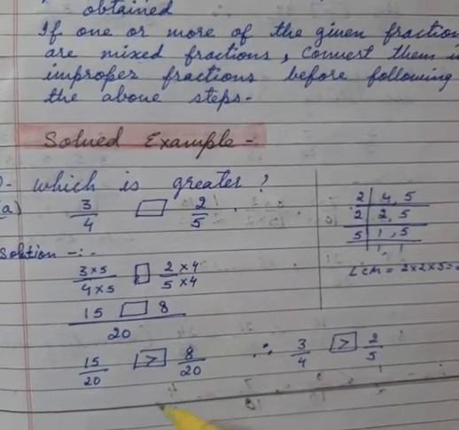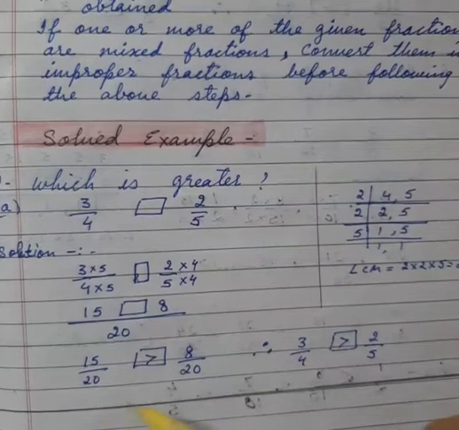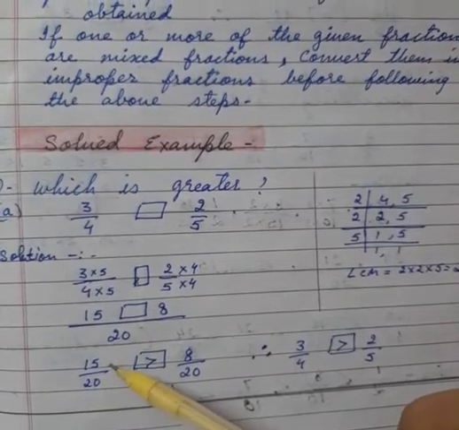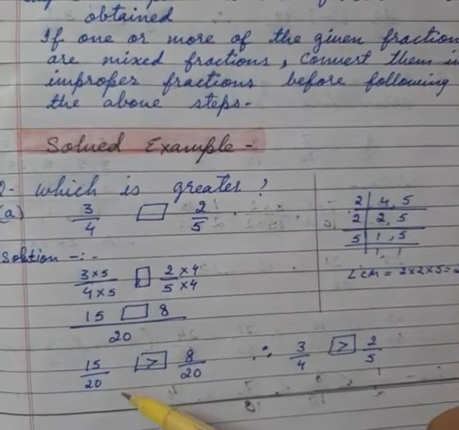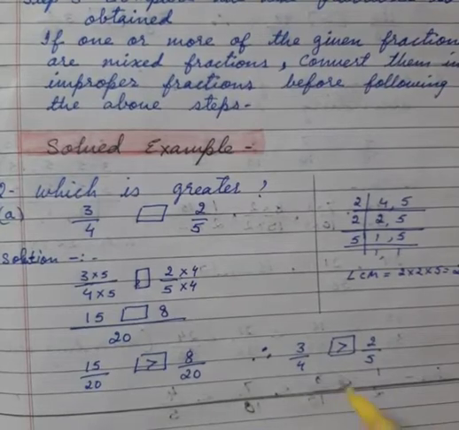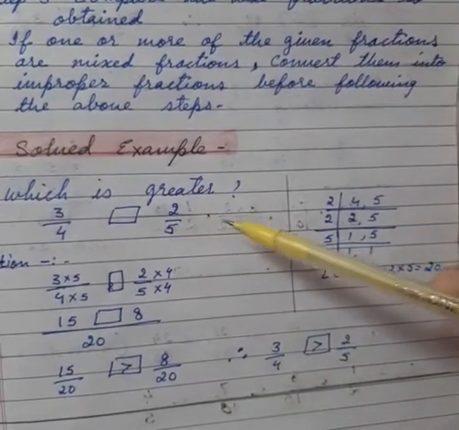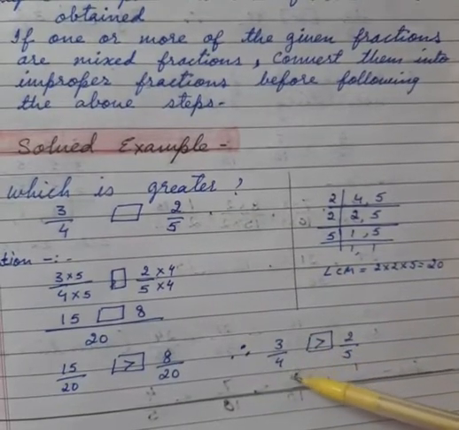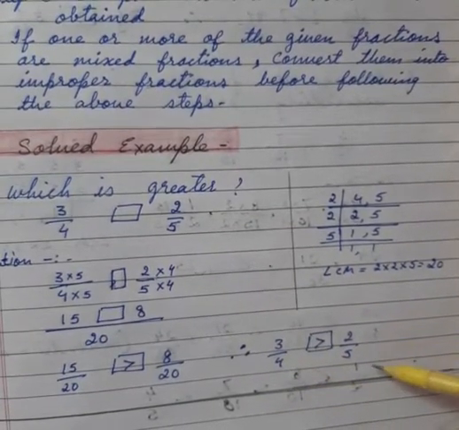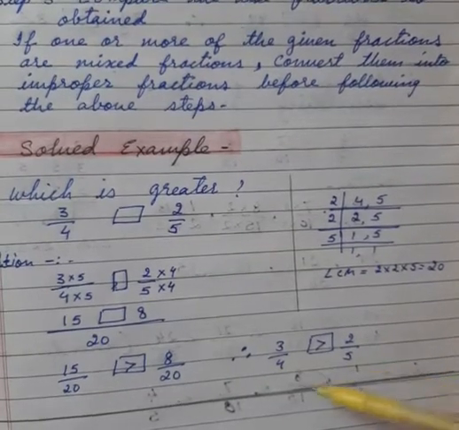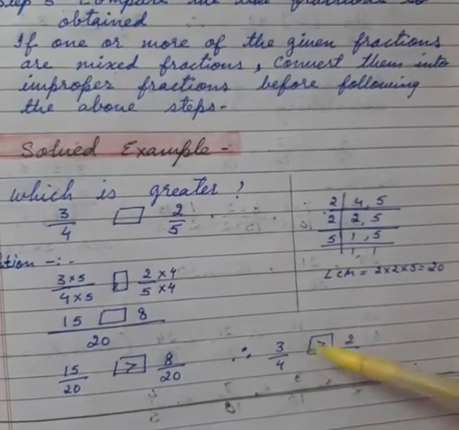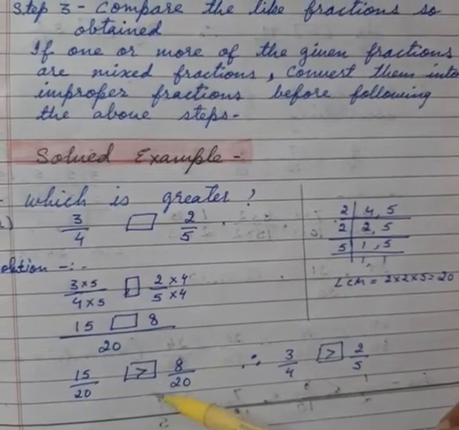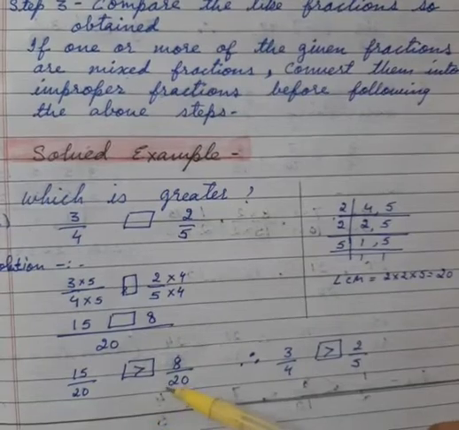Now it will be easy for us to compare because now both the denominators are the same. So we find that the larger numerator will be the larger fraction. That means the result which was asked from us was which is greater out of these two. This 3 upon 4 will be the larger fraction and 2 upon 5 will be the smaller fraction. Why is this the larger one? Because we have got this result from here where we had made them equivalent fractions.